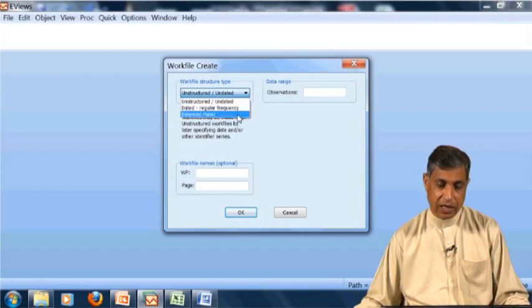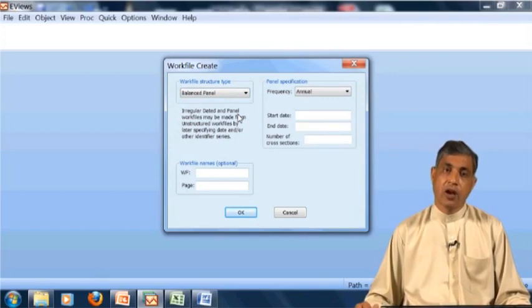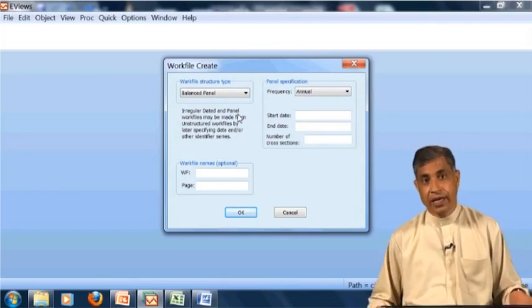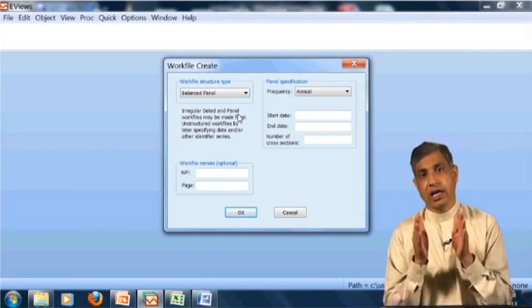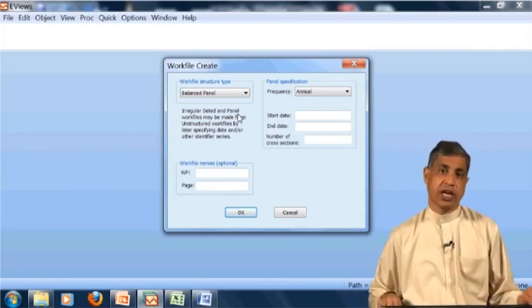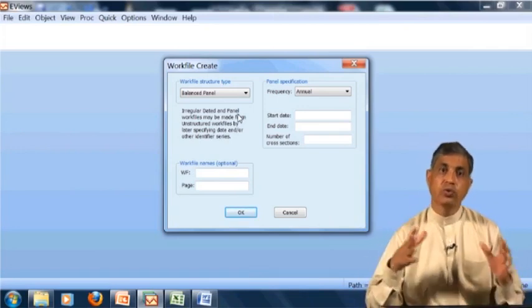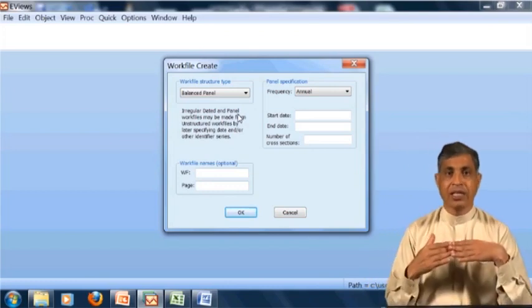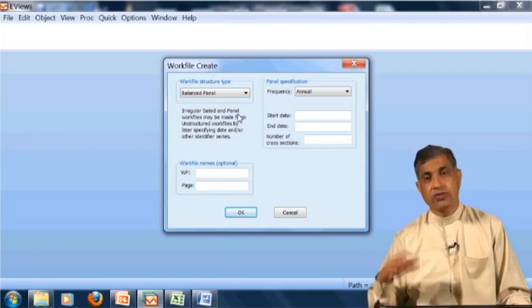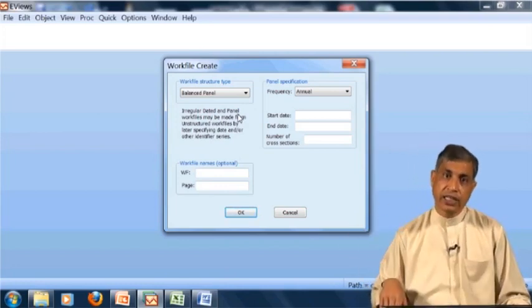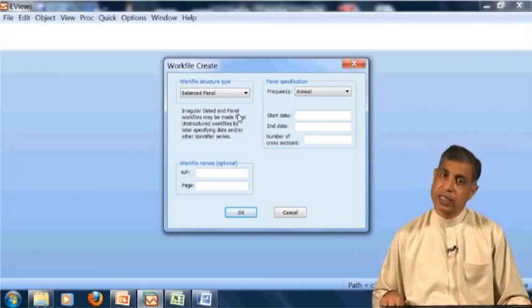But I would like to show you that there is another option, balanced panel. You are aware of panel data now. This means the number of years is equal for all your objects, because in panel data you have different objects and a number of years. Sometimes for firm A you have data for 10 years, for firm B 15 years, and for firm C 20 years.